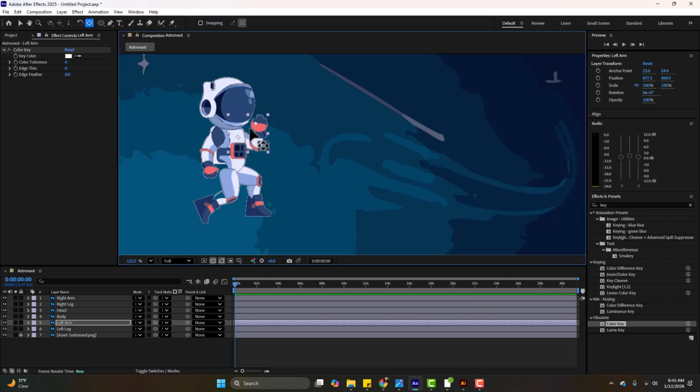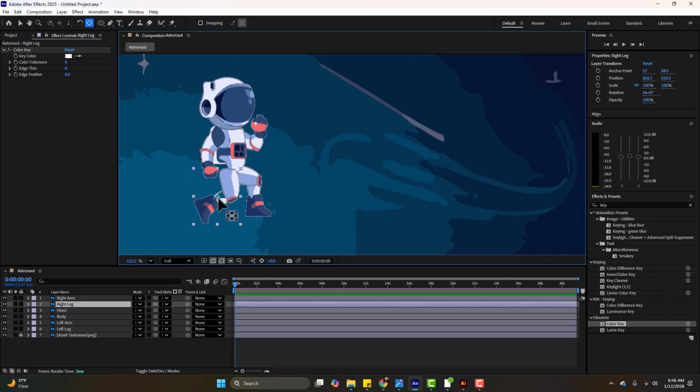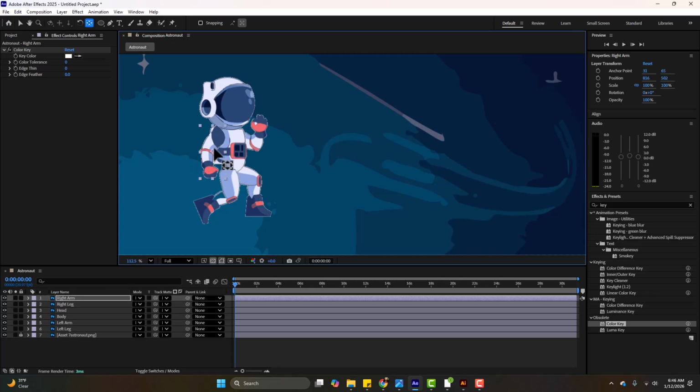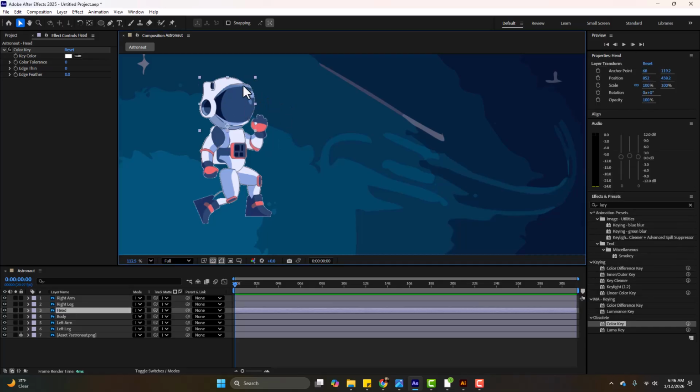Okay. And then I'm going to go to the next piece down here. This is his leg. I want to move this and be right there. His hip. I'm going to go down here and move this one into his hip, this one into his shoulder, then his head I want to be at his neck. Okay. So the idea is that now if I grab any piece of him and move him and rotate him,